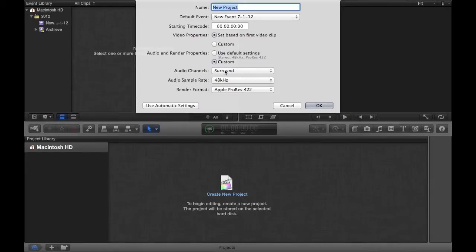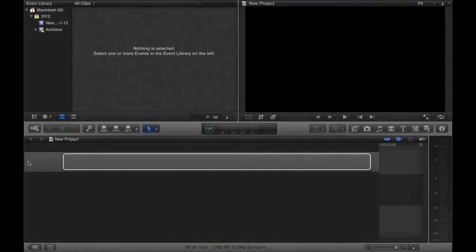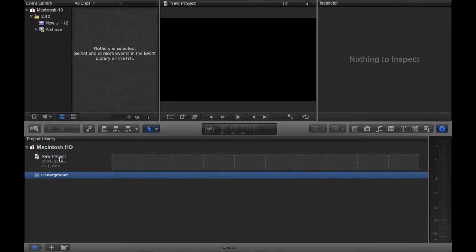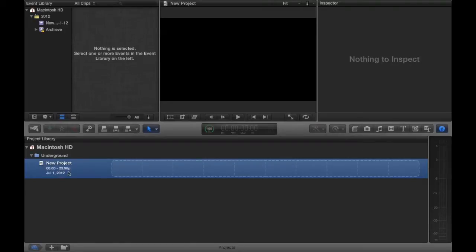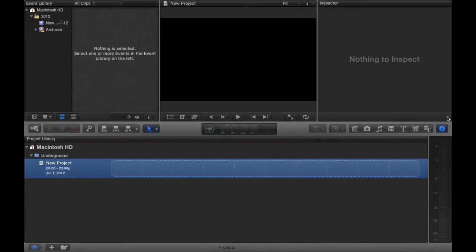Now one thing you're going to want to do with the surround is you're going to have to end up making different projects if you want one part of your video to be surround and another part of your video to be stereo. So when you're making projects, you're going to have to do folders, Command J. You're going to have to do folders and be like, say I'm doing a movie called Underground. This could be in the Underground project, and you could change it to a